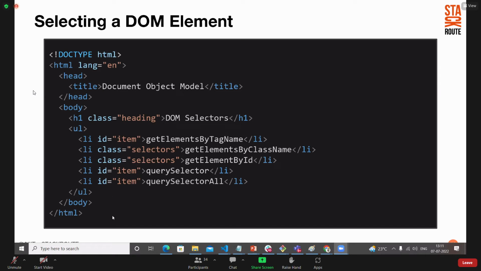Get elements by class name. What are we going to write as a parameter of this function? Class name. Get element by ID, you are going to refer to the ID. Query selector, you will have the selector. It can be a child selector, it can be a class selector. Now, in a query selector,